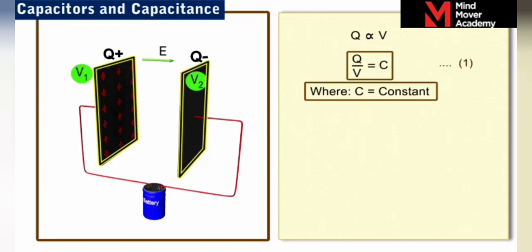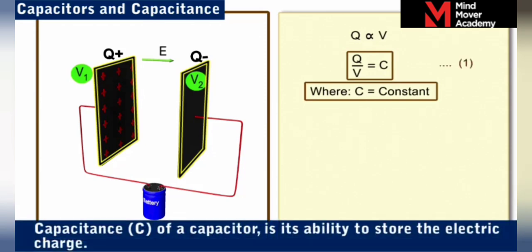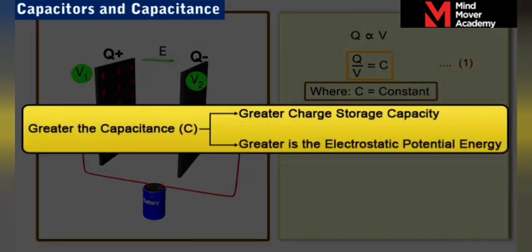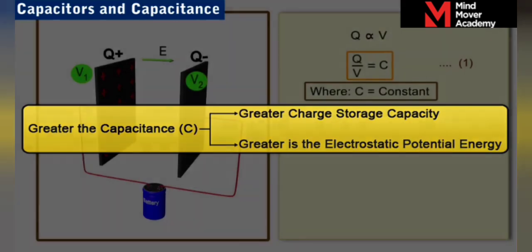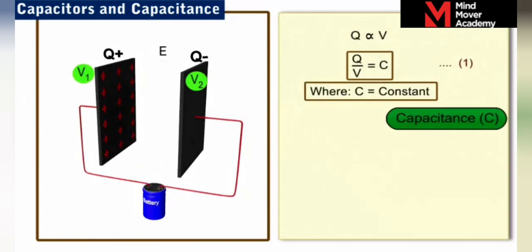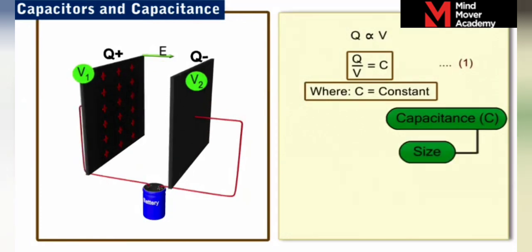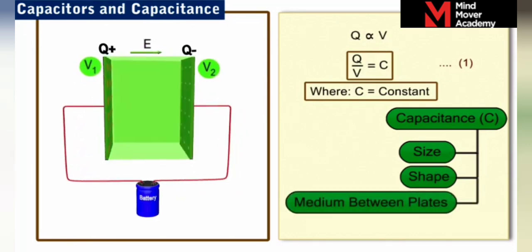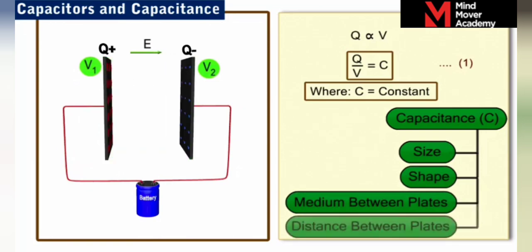It is important to note that the capacitance C of a capacitor is its ability to store electric charge. Greater the capacitance C of a capacitor, greater is the charge it can store, and hence, greater is the electrostatic potential energy. The capacitance C depends on the size, shape, the medium between the plates, distance between the plates, and also